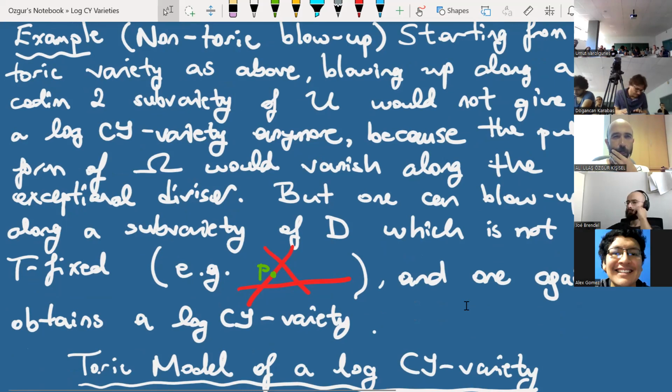So we want to blow up, for example, this point P, which is not torus fixed. If we compute the canonical class of the blow up, let's say the blow up map F, it would be F upper star of the canonical class here, plus the exceptional divisor. But this point is on the divisor, and it passes once through P. Therefore, in the total transform,